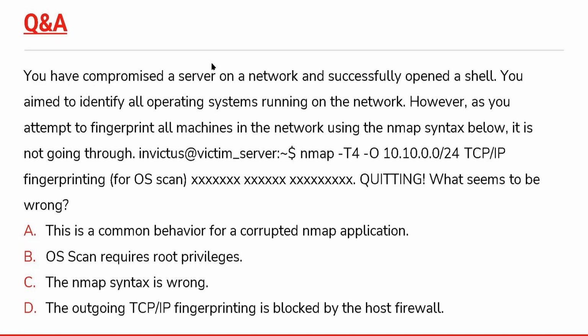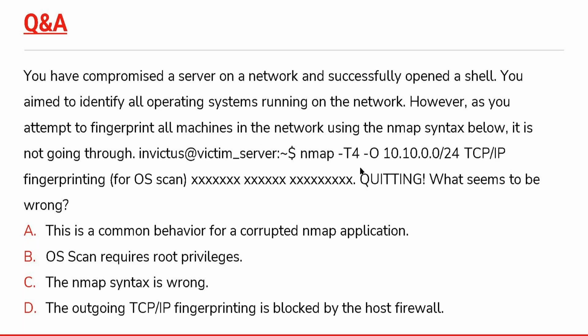We are finding the dollar figure over here. Then after that, we are having nmap. We are writing -T4, that is for the throttling, and hyphen capital O for finding the information about the operating system, and then we are providing it the network address over there, right? So over here, it is saying it is directly giving us a quitting return over there, but